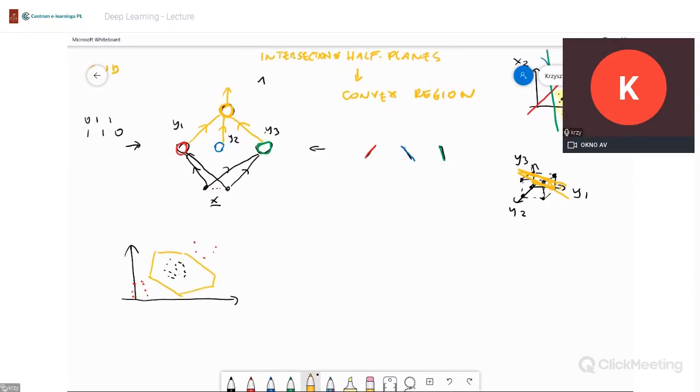What I have just drawn is the output of one neuron that is being provided with information by several neurons in the first layer. This is the output of my second layer neuron, and these are neurons of the first layer. For example, this is neuron number 1, this is neuron number 2, this is neuron number 3, 4, and so forth. And if I would like to solve a problem